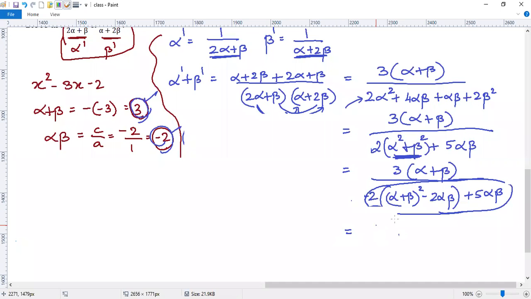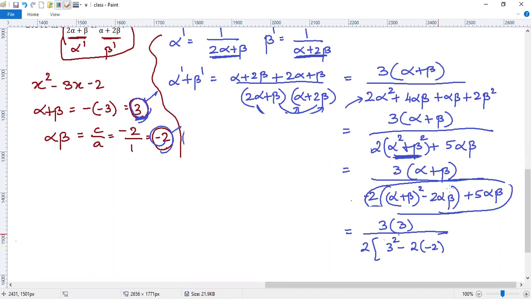So in this, 3 times of what is alpha plus beta? Here we have kept 3, right? Alpha plus beta. So 3 divided by, what is outside here? 2 times of this is alpha plus beta whole squared, that is 3 squared minus 2 times of alpha into beta, which is minus 2. Right? This term